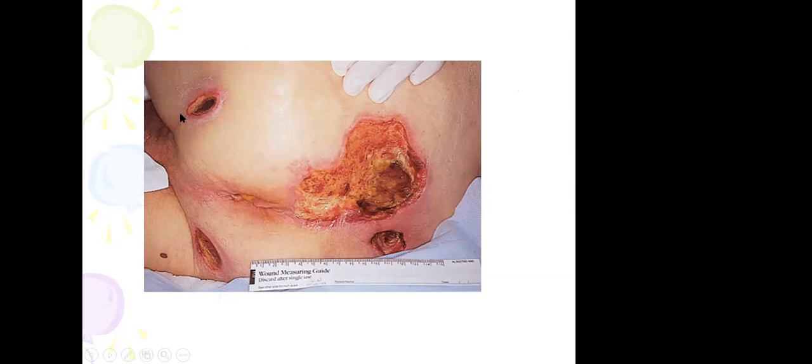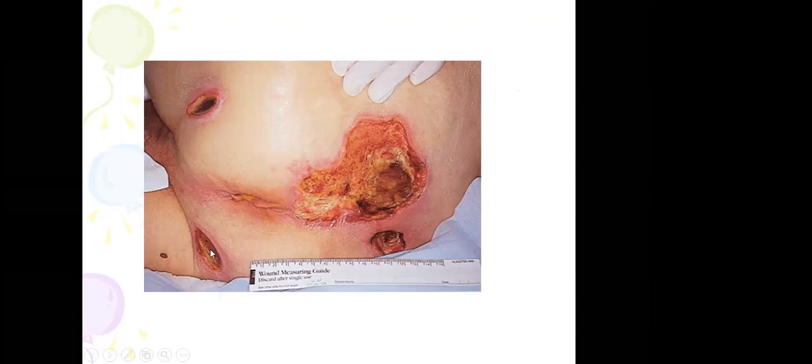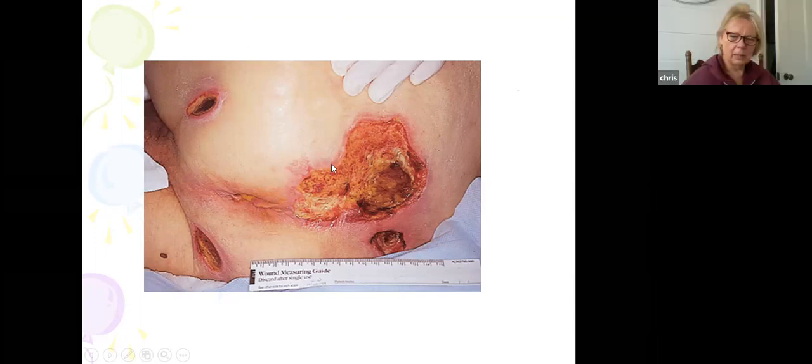Anybody? Pressure ulcers. What, where? The ischial tuberosity. Right, ischial tuberosity. Now what's this? Sacral. Yeah, sacral ulcers. And then we have one on the ilium over here. I mean, there's one starting here. So there's a lot of ulcers.